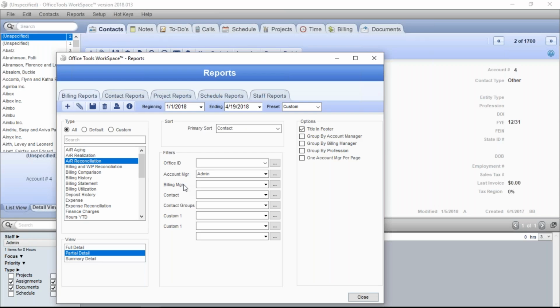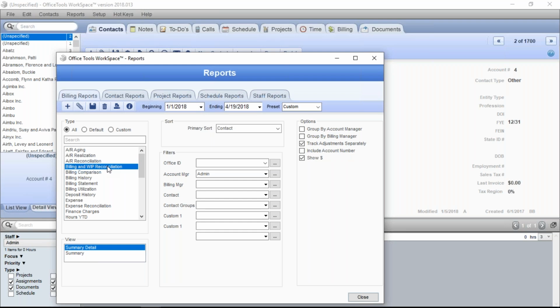The next report that we have in the list is one of my favorites. It's one of the very common reports that a lot of offices use if they're using billing within OfficeTools, and it's the billing and WIP reconciliation. So this one over here on the left. Now the billing and WIP reconciliation report, this one's really awesome. It kind of represents the AR reconciliation report, the one we just looked at. Again, keep in mind your date range up here at the top. And when we run this,